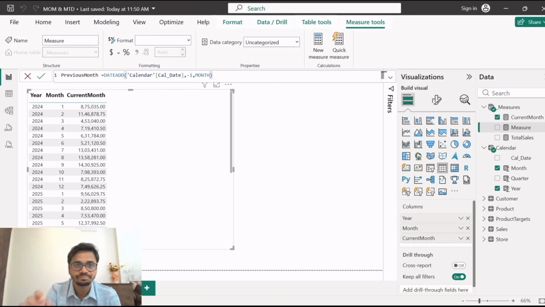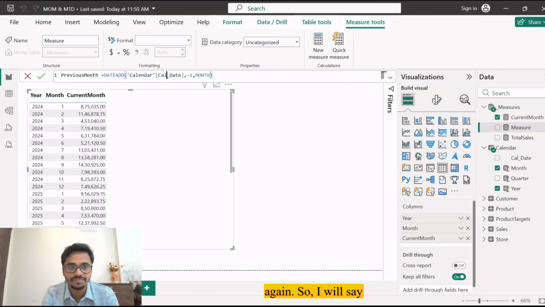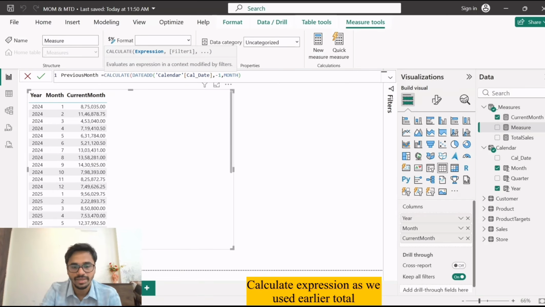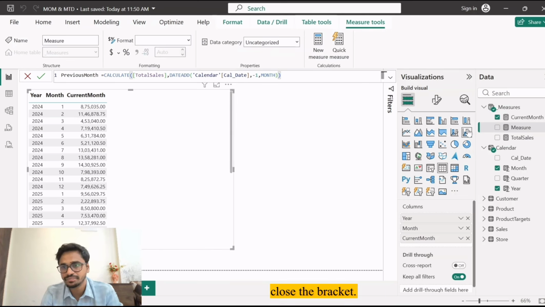So I will close this, but this will just give me the dates for filtering. I still need to make use of the CALCULATE function again. So I'll say CALCULATE, expression as we used earlier, total sales. DATEADD will act as my filter, and then I will close the bracket.